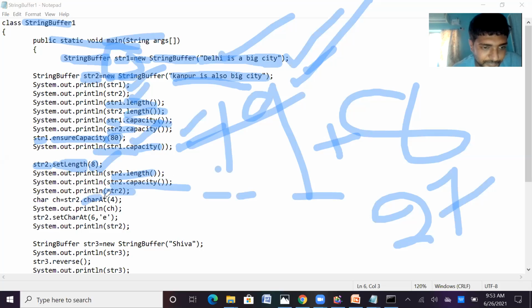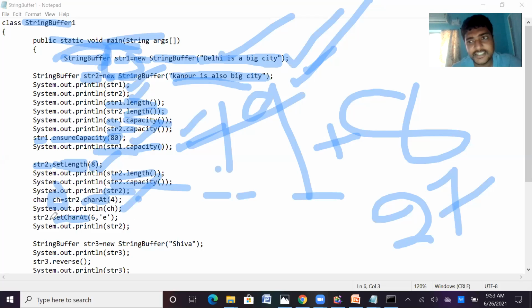Next, charAt. The charAt method is also supported by StringBuffer. str2.charAt(4) means the character at position 4. That character will be stored in ch, and it is printed here. Next, setCharAt.